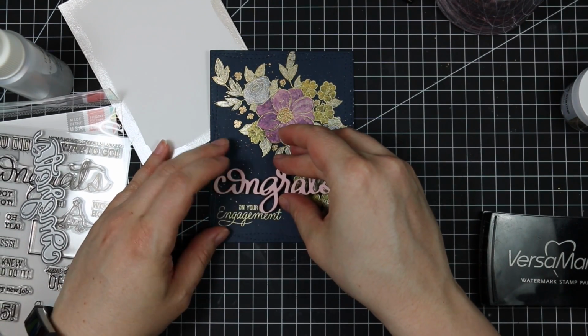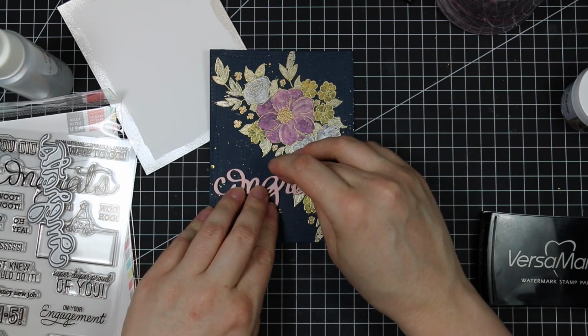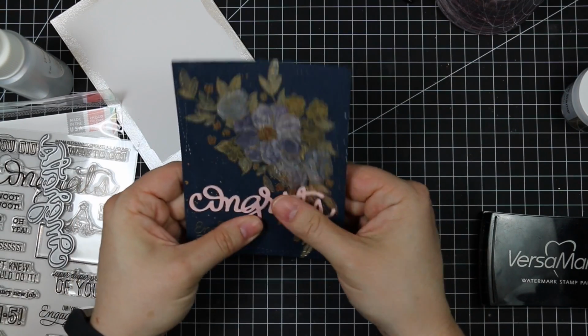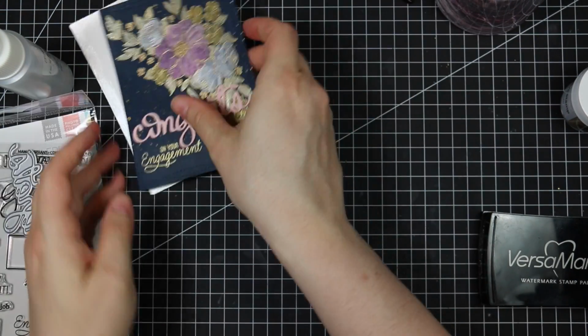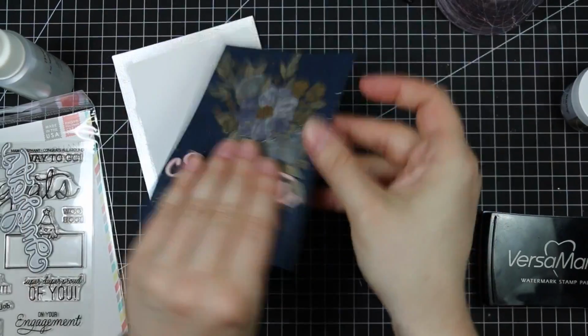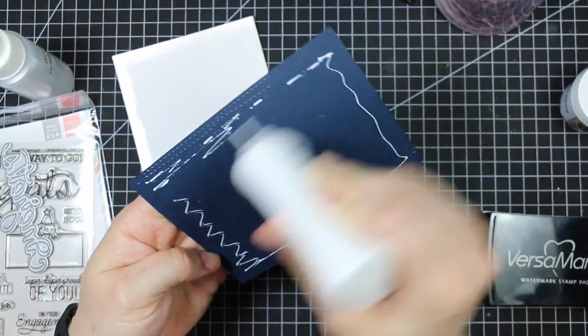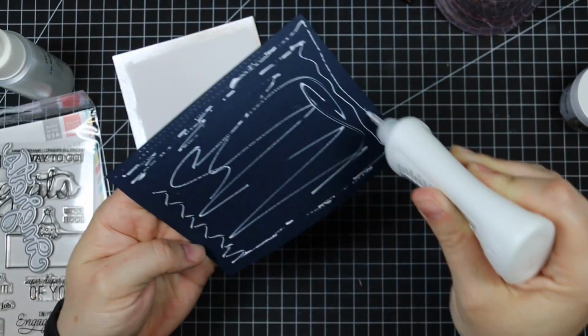But I was like, you know what? There's so much metallic already going on this card that I actually really like keeping the die cut sentiment just matte pink. I just think it makes it pop a little bit more. But a person totally could if they wanted to. So adhered that, let it dry, and then applying a really thin amount of the same adhesive